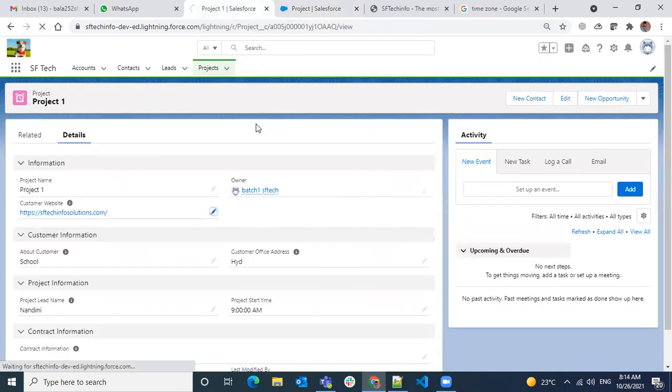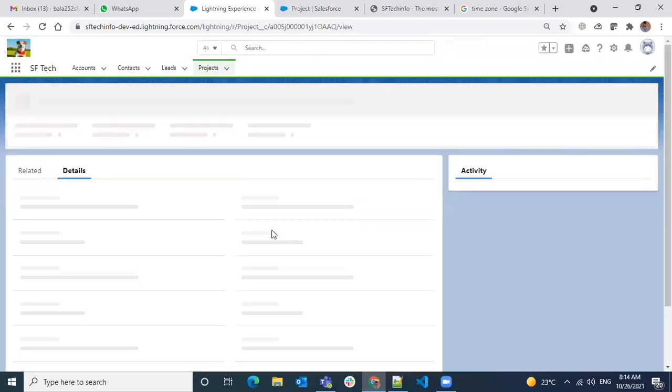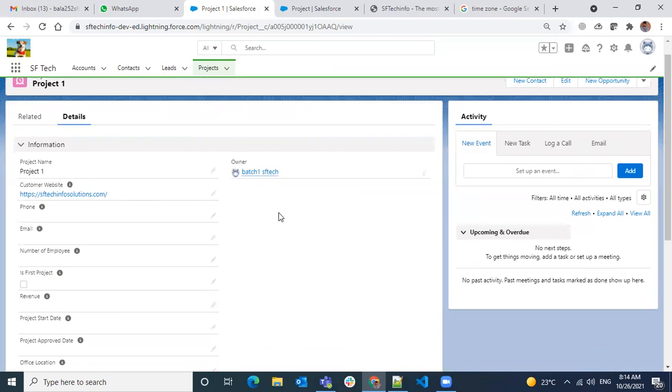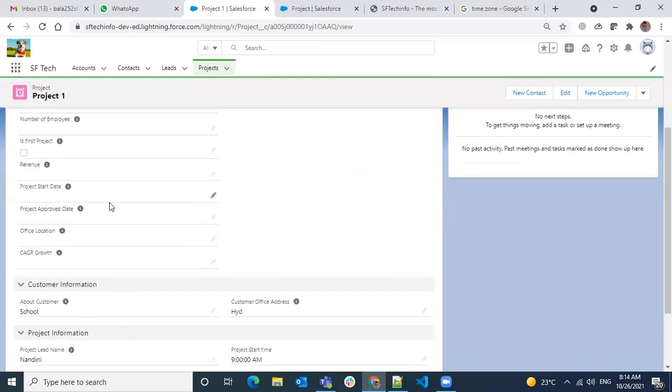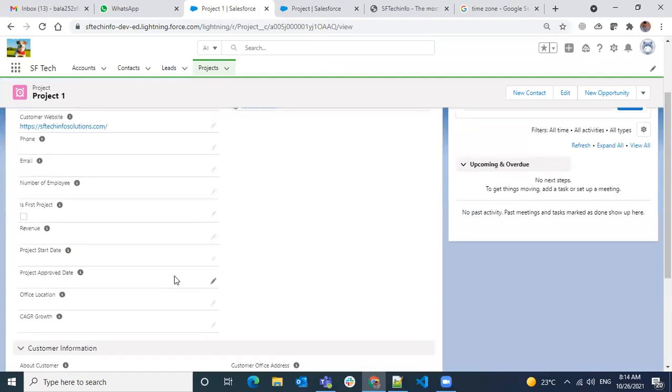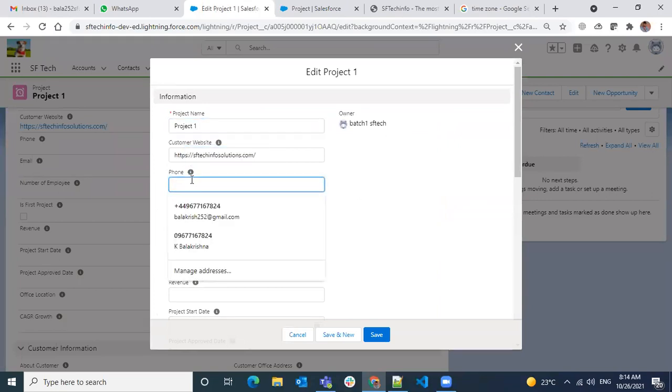Okay, let's see how the fields look now. It will add everything in the information section. If you want to split them into the page layout, you can do everything. This I'm trying to edit and see how it all looks. So you see phone number, you can give any phone number, and email.